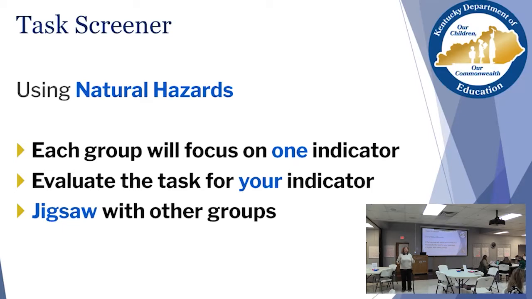That's a great way to really get into the tool. But what I would like to do instead is look at A and B, as I said, just A and B. And I'm going to leave the option to individual tables, or with our virtual friends, whether you want to split up where some do A and some do B, or if you want to do A and B together, like as a big table, and talk through them.